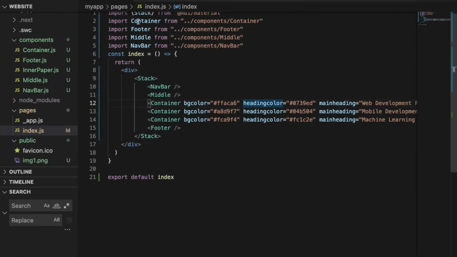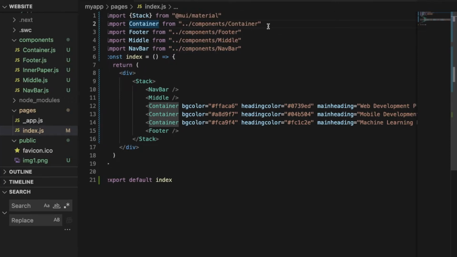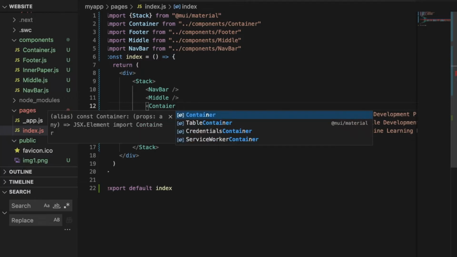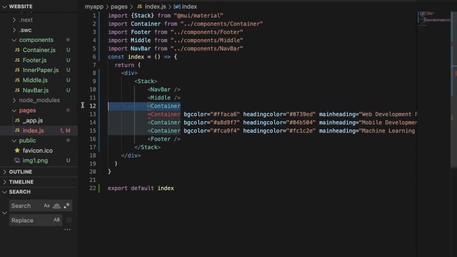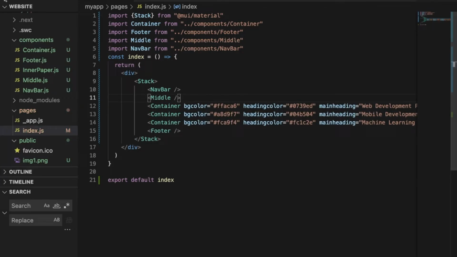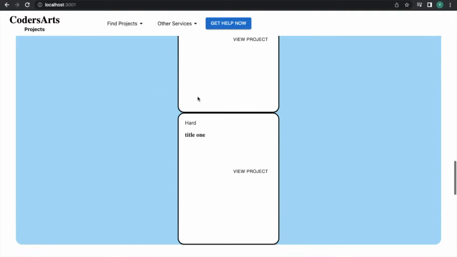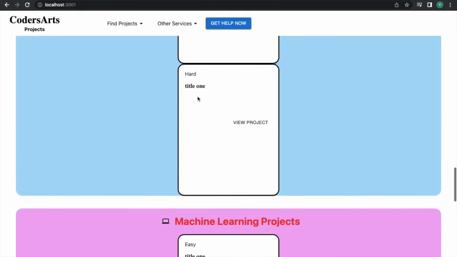Yes, don't forget to import this container. If you don't import this, it will show an error. And one thing more, when you are writing container, do not choose the container of material UI. It is not showing here, but it might show in yours. So do not choose that, because you have to choose the container, the component which you have made, not the container of material UI. So we'll go here and we'll see that although our container appears, the paper appears, but